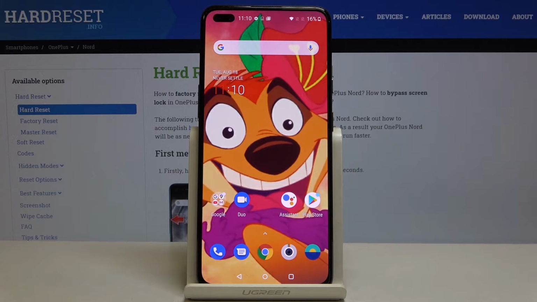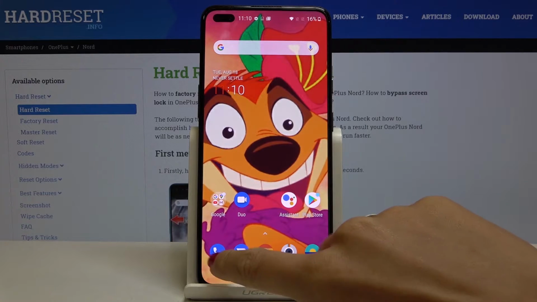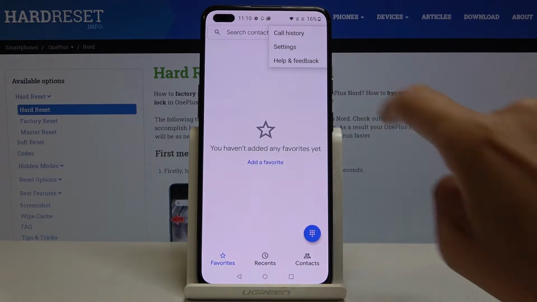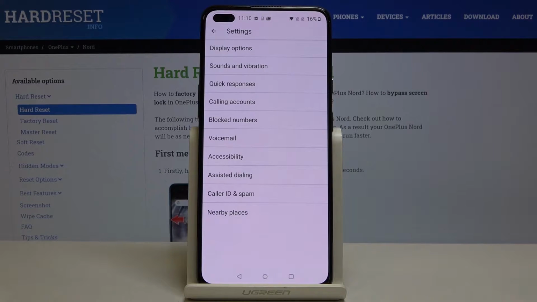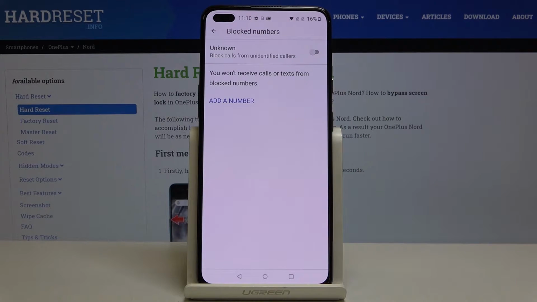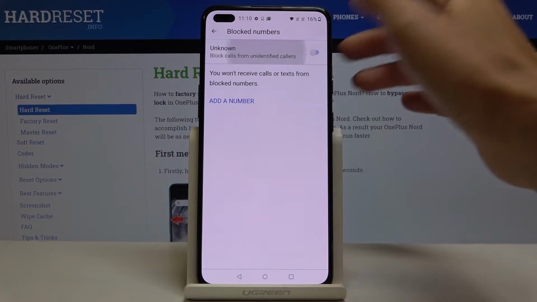Here we've got OnePlus Nord, and let me show you how to block a number on the following device. So first of all, you have to open the phone dialer, tap on the more icon and select the settings. Here you'll notice blocked numbers, and now you can smoothly block all unknown callers if you want to, just by